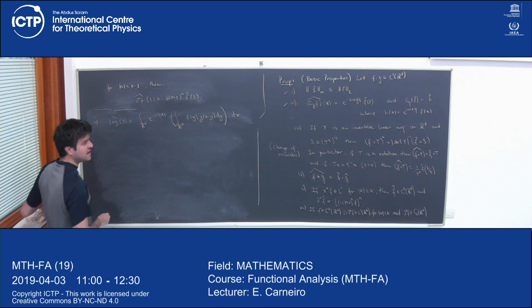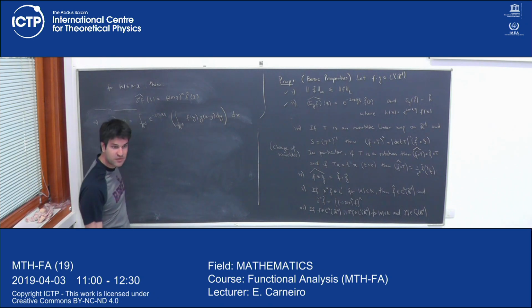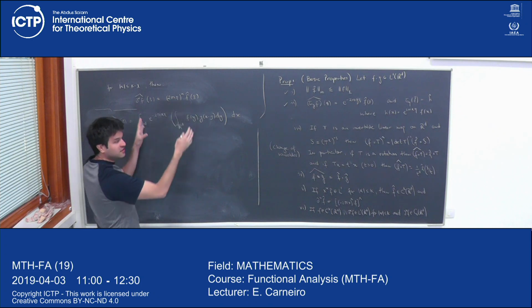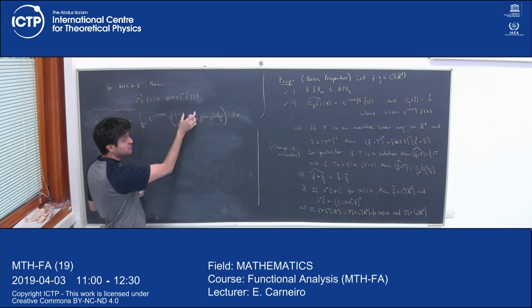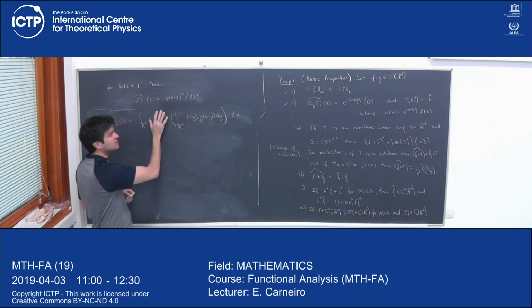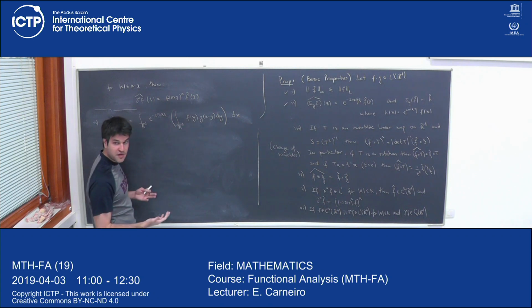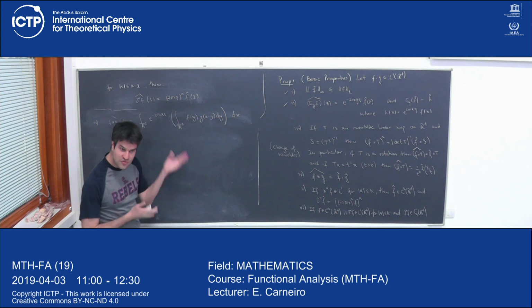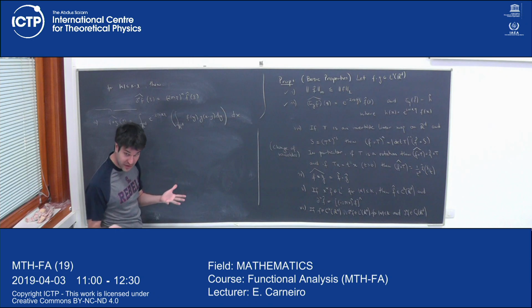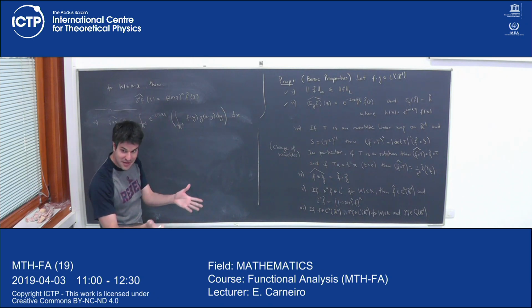Okay? Now you have integration in x and y, these two variables. Whatever is inside the integral is absolutely convergent. If you put the modulus here, kill this by 1, you have just the integral of f and the integral of g, and they're both integrable. So if whatever is inside the integral is absolutely integrable, you can change the integrals as you please. This is Fubini's theorem. Whenever you want to change integrals, if whatever is inside is absolutely integrable, you can just